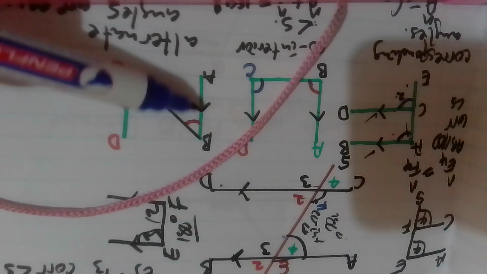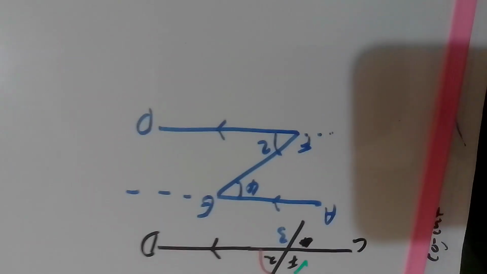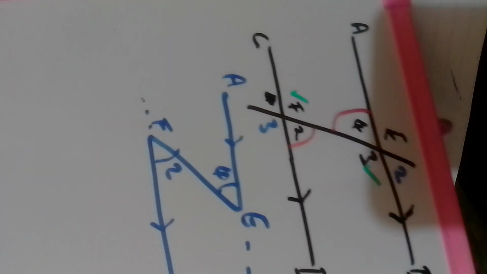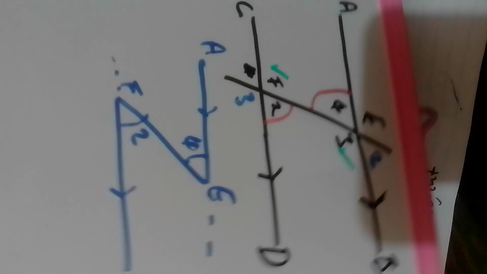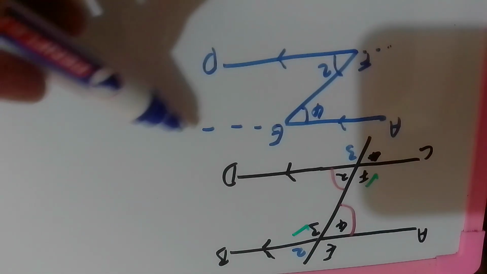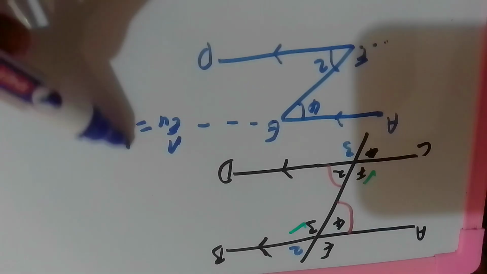But now, if you check, this is what we call the N, or the letter Z. And if I come here and you look at it, I see a letter Z, or if I do this, some of you may see an N, right? So in other words, we say that angle E4 is equal to angle F2,